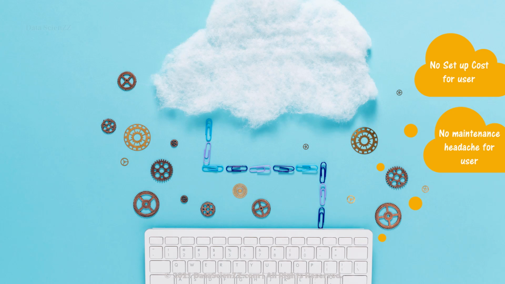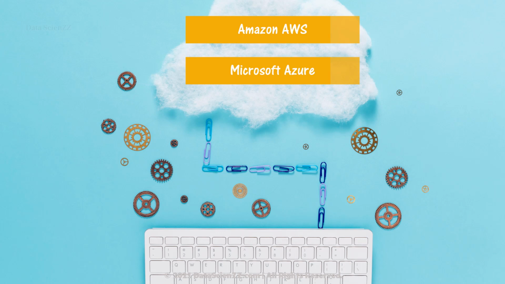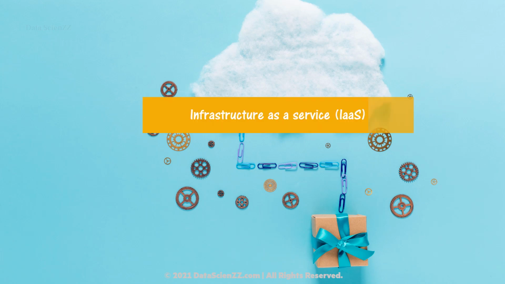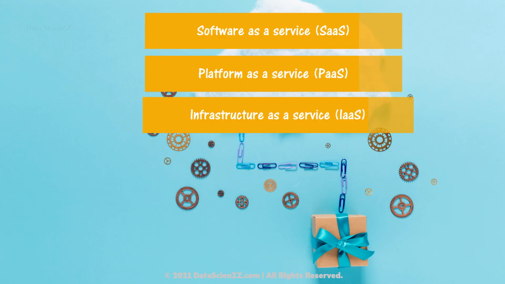The most reputed cloud service providers are Amazon AWS, Microsoft Azure, and Google Cloud Platform. AWS is the market leader as of now. Originally, AWS was developed to manage their online retailing, while Google Cloud Platform was used to manage YouTube and Google search engine. All of them provide three types of cloud services: infrastructure as a service, platform as a service, and software as a service. So what do they mean?